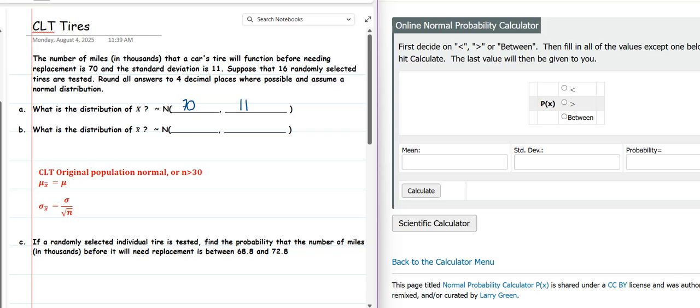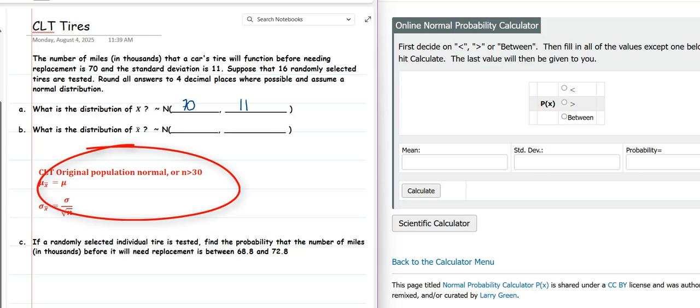The distribution of X bar, here X bar is the distribution of sample means, and we can use the central limit theorem to help us fill that in. So the central limit theorem says if the original population is normal or the sample size is greater than 30, then the mean of the sampling distribution is equal to the mean of the original population, which in this case is 70,